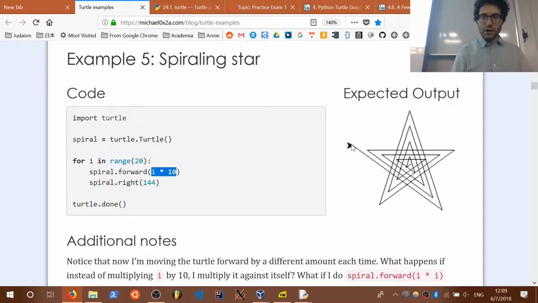So notice that here he moves forward 0, turns 144 degrees to the right. Then we start over here, turn 144 degrees to the right. Move forward 10, turn 144 degrees, moves 20, then moves 30, then 40, and it kind of